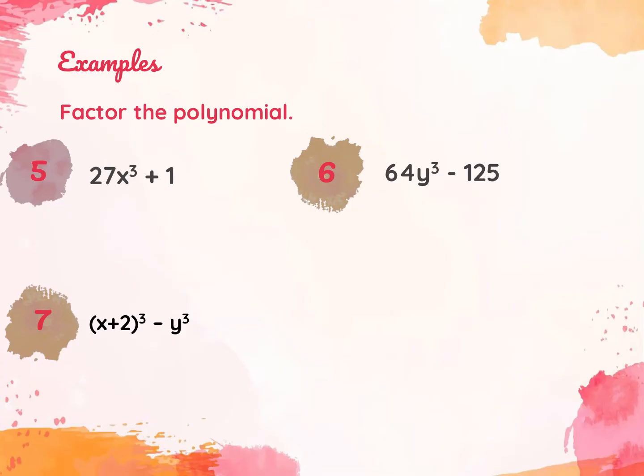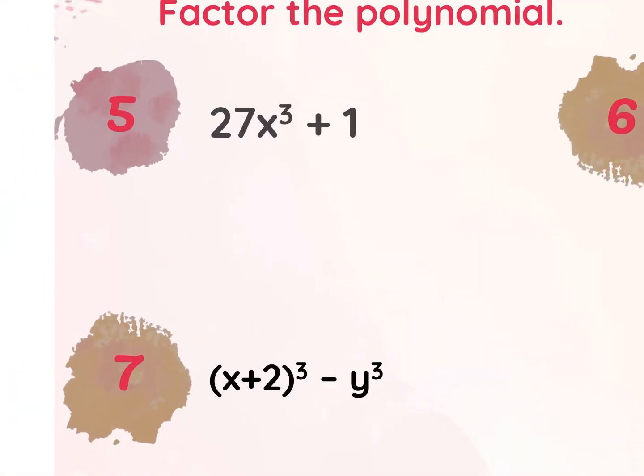Number 5. 2 cubes still. So let's cube root the 3x to the 3rd. So my u term is going to be 3x. My v term is the cube root of 1. And we put it into the pattern. So this will become